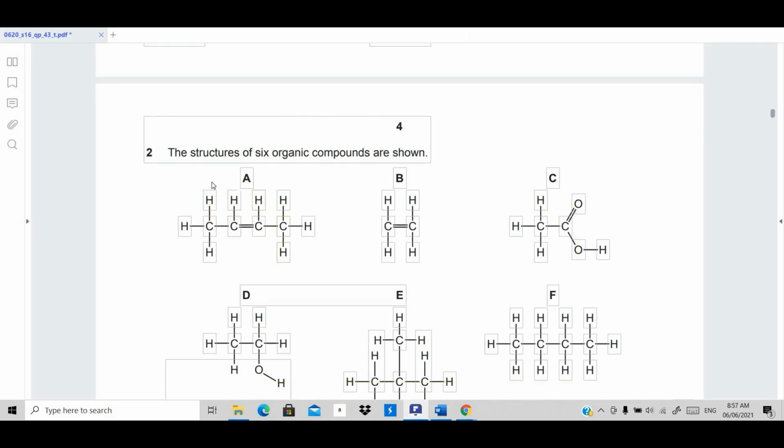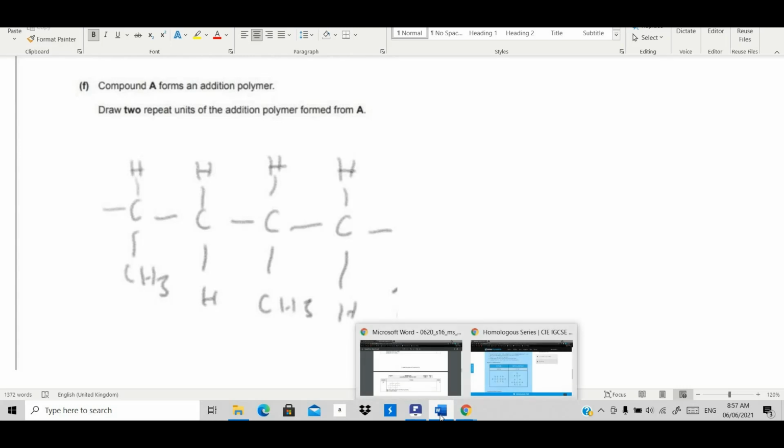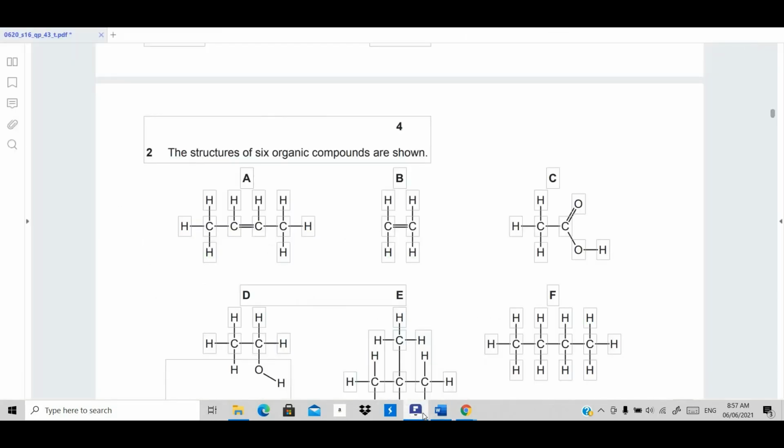Don't look at the first and last carbon atom. Only focus on the double bond carbon atoms. You can see the H is pointing upwards. This was an alternative way I drew, so you need to point all the H upwards. Then next, if you see this carbon atom, you can see here